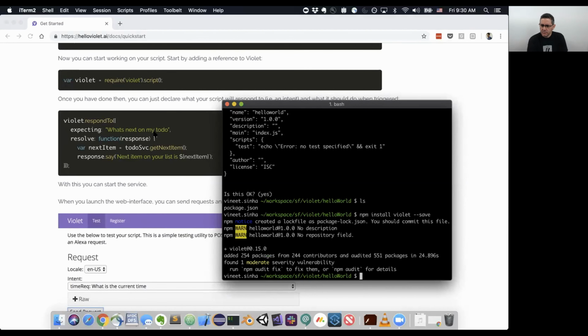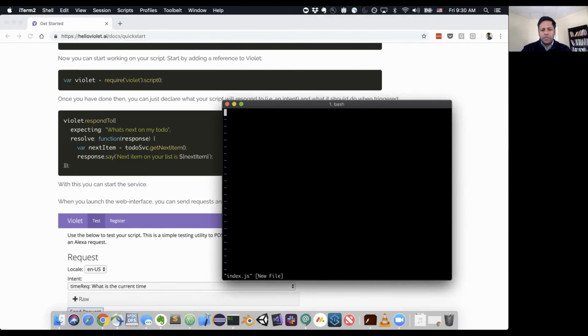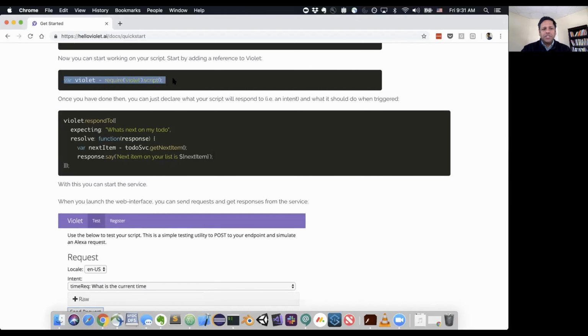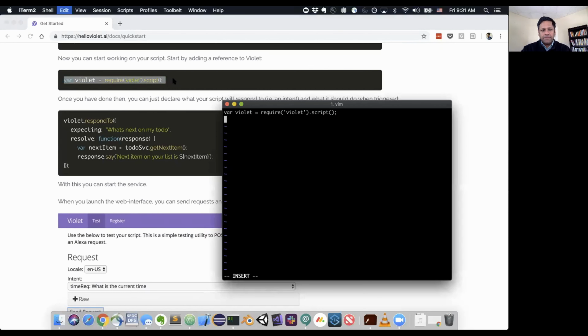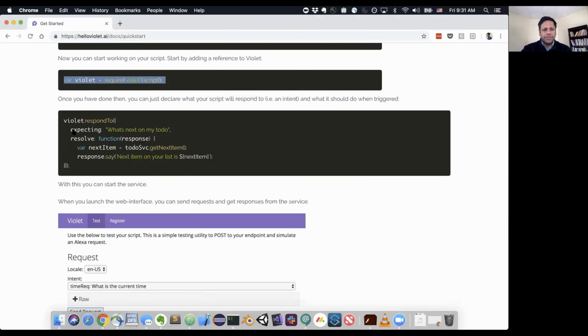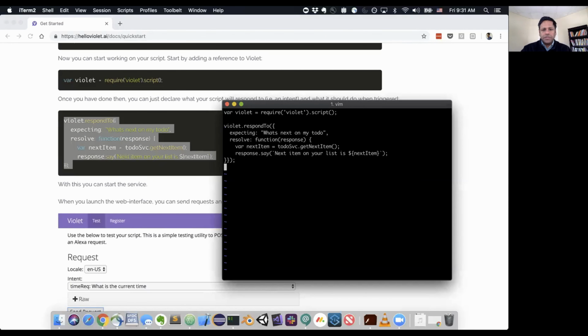Great. Okay. So I'm going to create this first file. Very much, just initialize Violet, and here I'll just put in the sample pieces of code. Right. What's next on my to-do? It'll get it from this to-do service, and then it says the next item is so-and-so. In fact, for the demo right now, I'm going to say next item on your list is